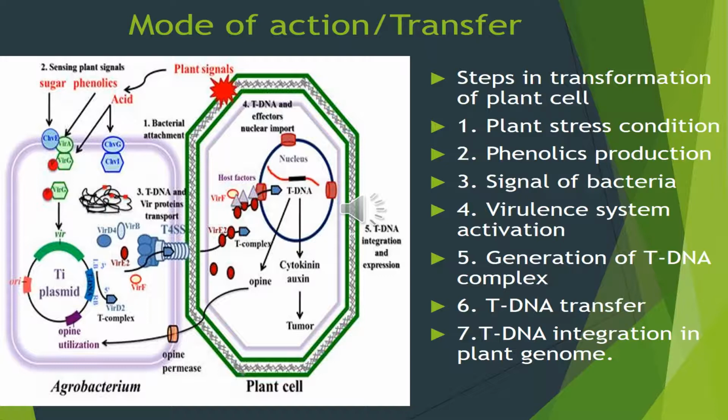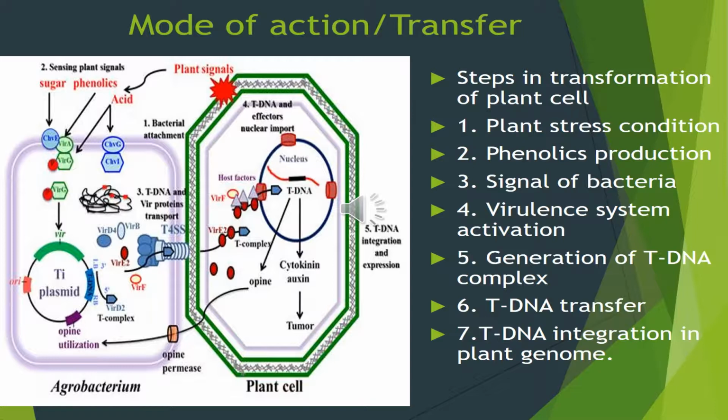After reaching the plant cell, the tDNA enters the nucleus and integrates itself into the genome of the plant. In the plant cell, the single stranded DNA is converted into double stranded tDNA and then integrated into the plant genome. Integration inside the plant genome occurs at a random position, through non-homologous recombination.